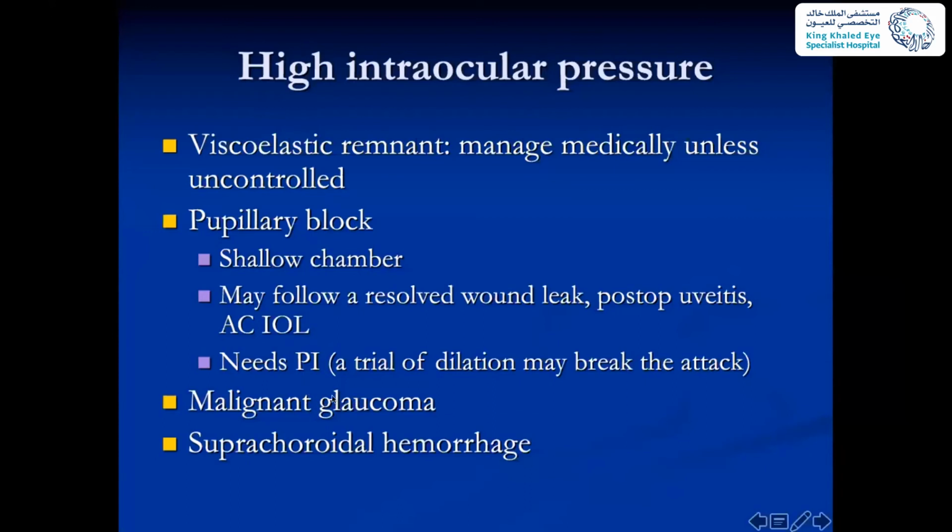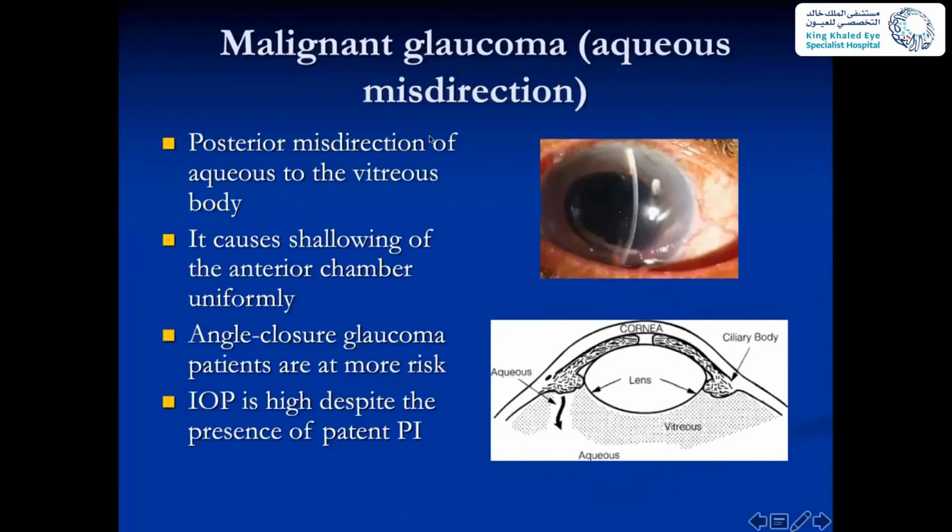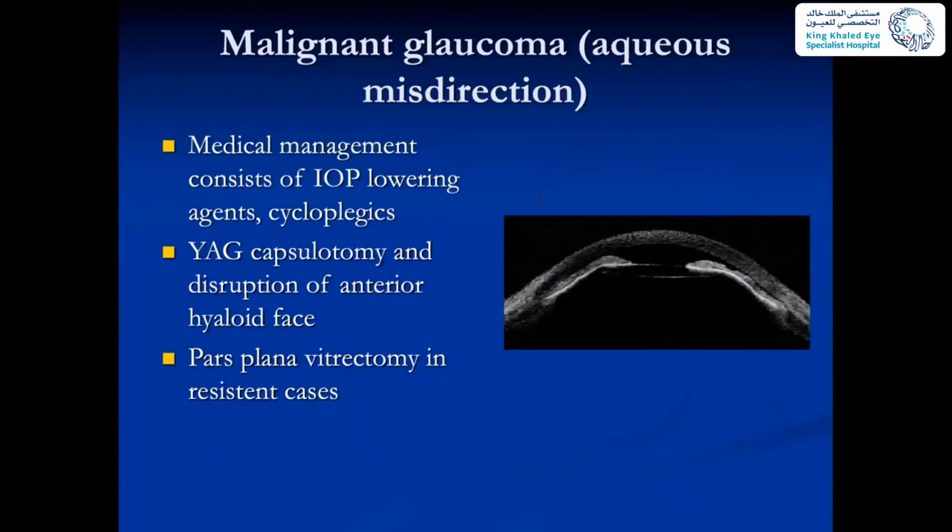Malignant glaucoma or aqueous misdirection can be a cause of high intraocular pressure in the first post-op period, or even suprachoroidal hemorrhage. But if you encounter aqueous misdirection in the first early post-op period, the angle-closure glaucoma patients are more at risk of aqueous misdirection, and the intraocular pressure is high despite the presence of a patent PI. So if you did a PI and the chamber doesn't want to form, keep in mind that this might be an aqueous misdirection. Medical management, IOP lowering agents, cycloplegic we can do. With YAG capsulotomy, we disrupt the anterior hyaloid face. We want the fluid, instead of accumulating behind the lens, to be diffusing anteriorly to form the chamber. Sometimes in the resistant cases, we have to do pars plana vitrectomy as the ultimate solution of malignant glaucoma or